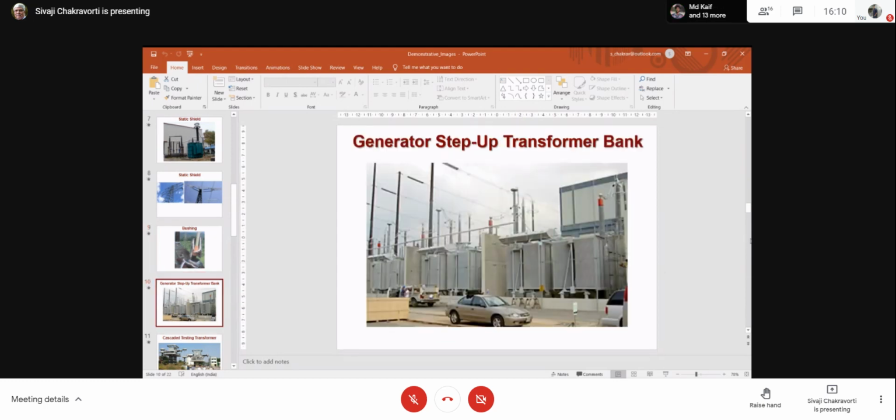Yeah, interesting, the photo here. This is called a transformer bank. Now you can see here, this is one transformer bank. This is 2, this is 3. Now, why is it so? Actually, when the transformer rating becomes too high, for example, I have the Farakka Super Thermal. Every generator is rated at 500 megawatt. Too high for one transformer. We cannot handle 500 megawatt in one transformer, and we should not, because if anything goes wrong, there will be a severe problem.